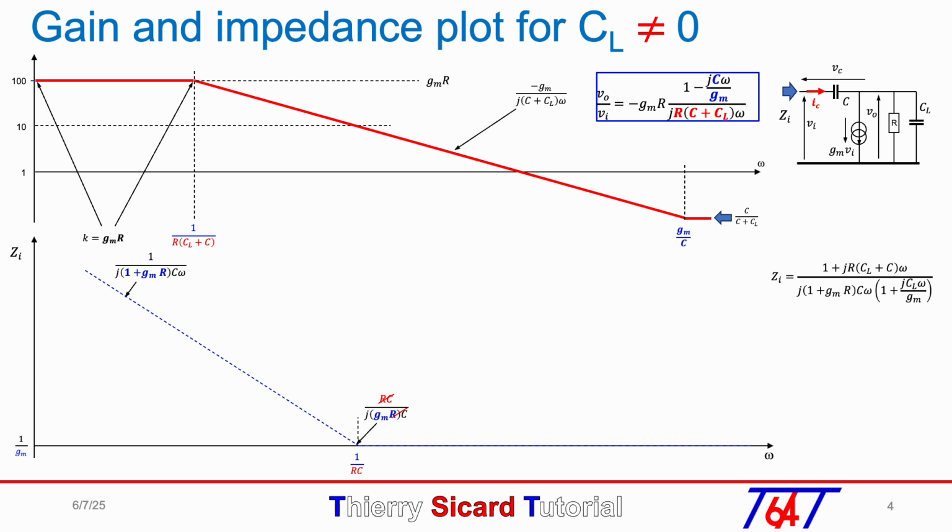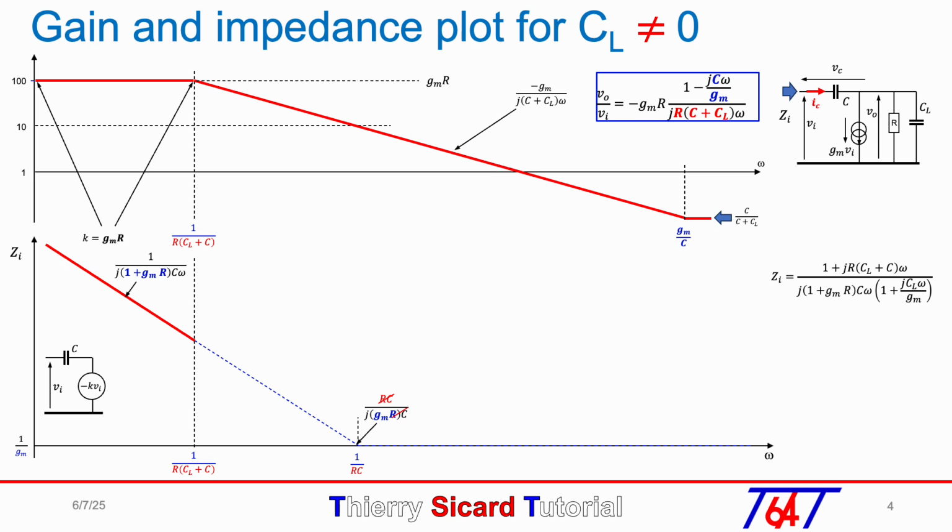Since the capacitive input impedance is a function of the gain factor GMR, I have to stop plotting the red line of the capacitive input impedance at the angular frequency equal to 1 over R times CL plus C. Up to an angular frequency omega 0 equal to 1 over R times C plus CL, the circuit is equivalent